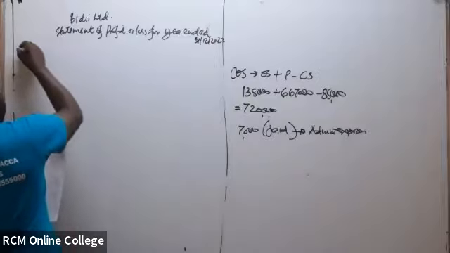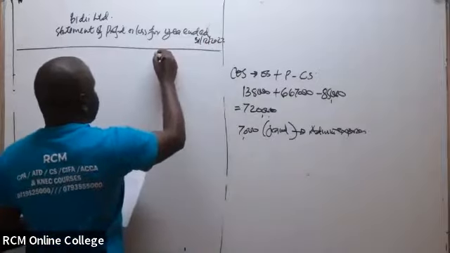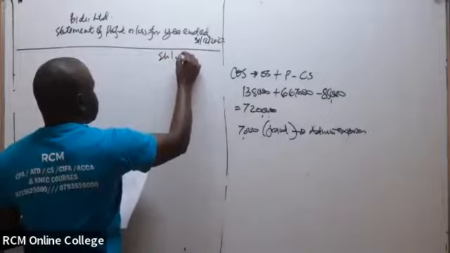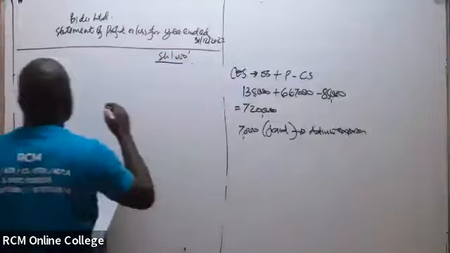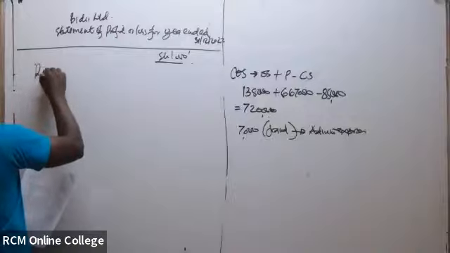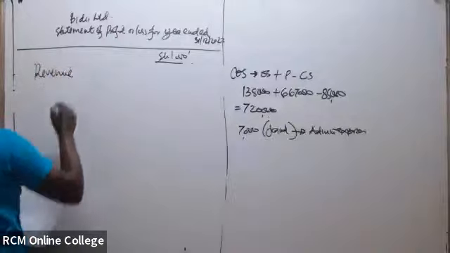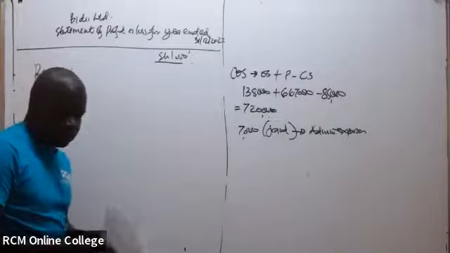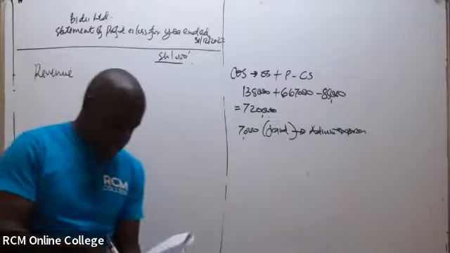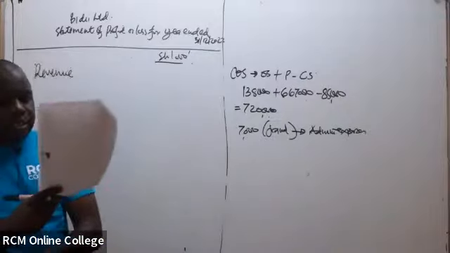So you can present in shillings of thousands. And of course, we'll start with the revenue. What was actually received as revenue? Revenue, you've actually been given